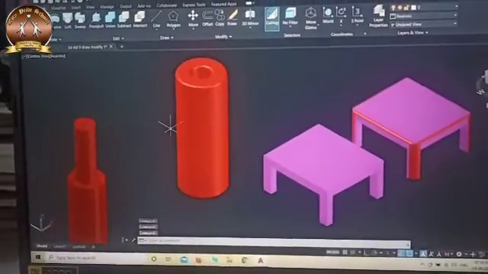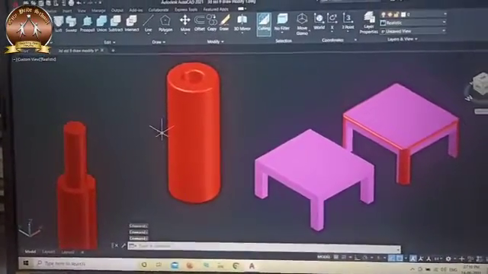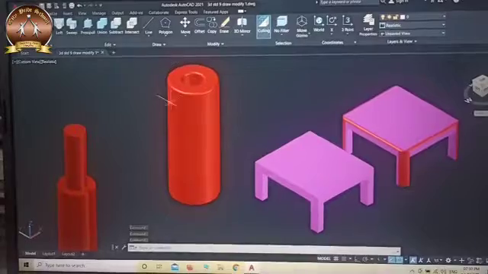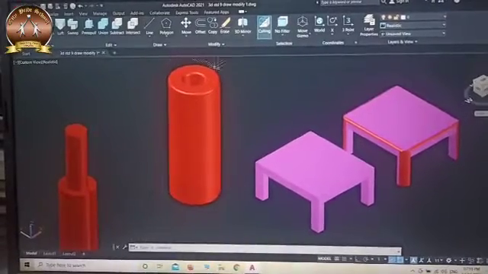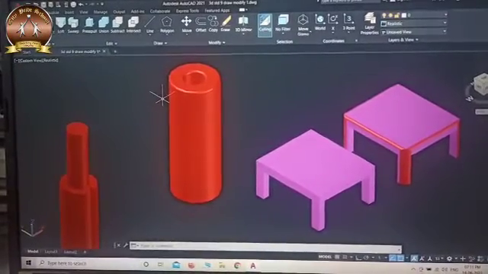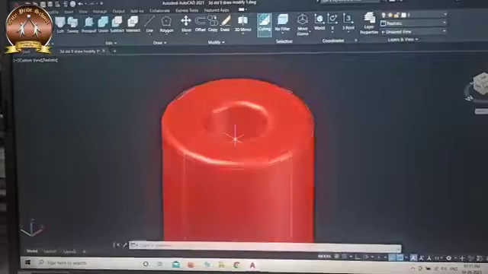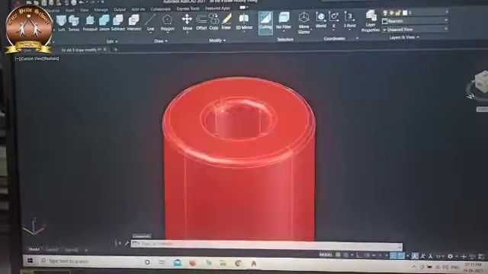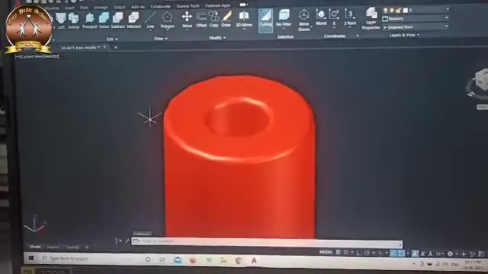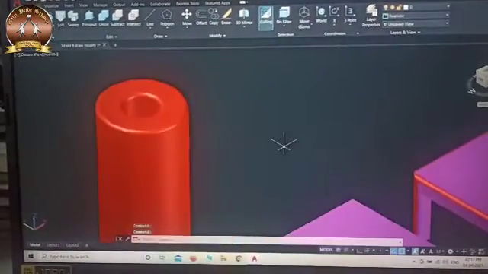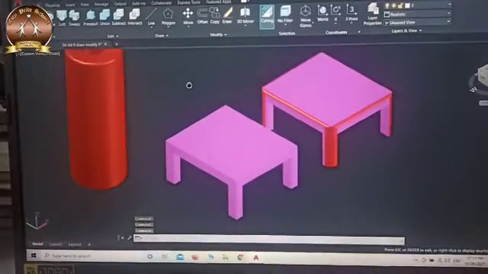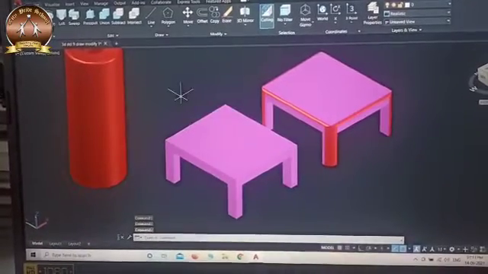Here again a simple cylinder is there, and for giving the refined effect I use the fillet command. By that fillet command I refine those edges. Here you can see a table.